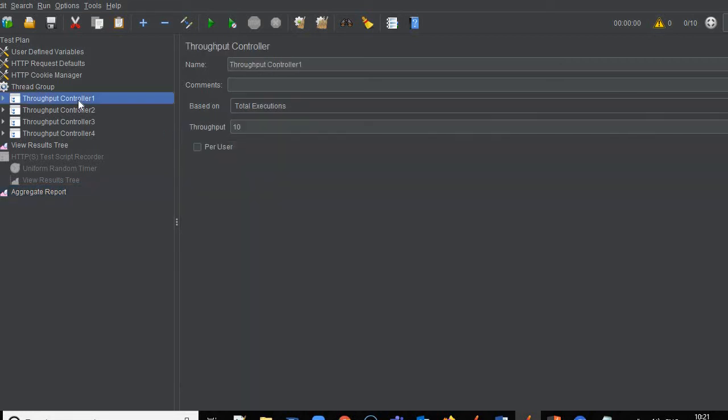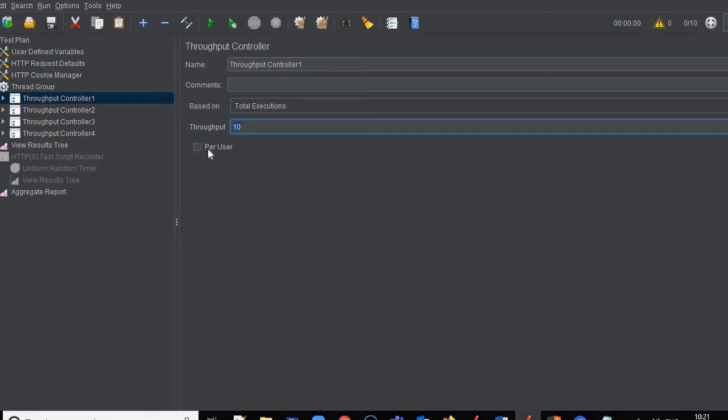Why? Because here we gave 10 for controller 1, then 20, 30, 40. That means the value we give for total executions will override thread group settings.